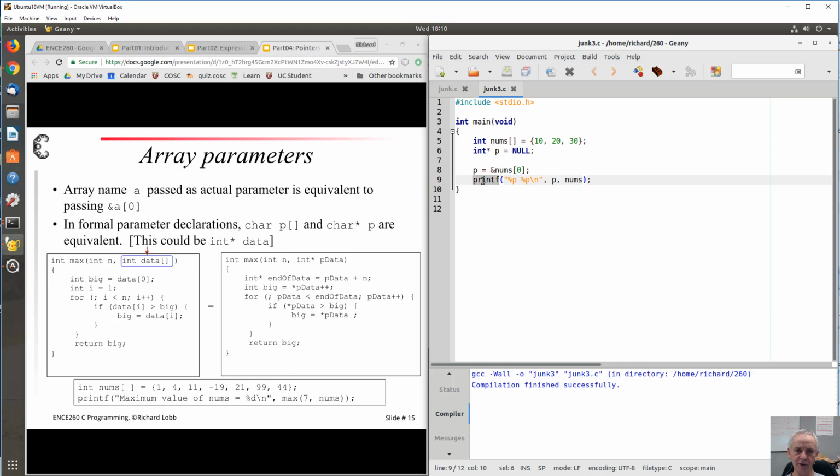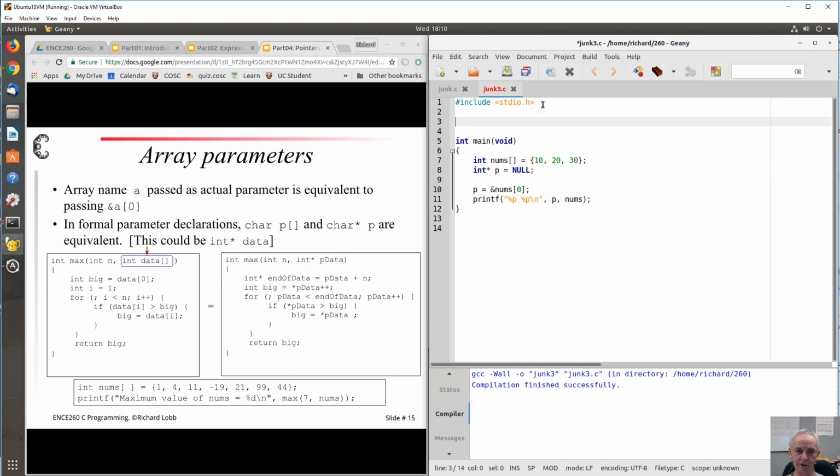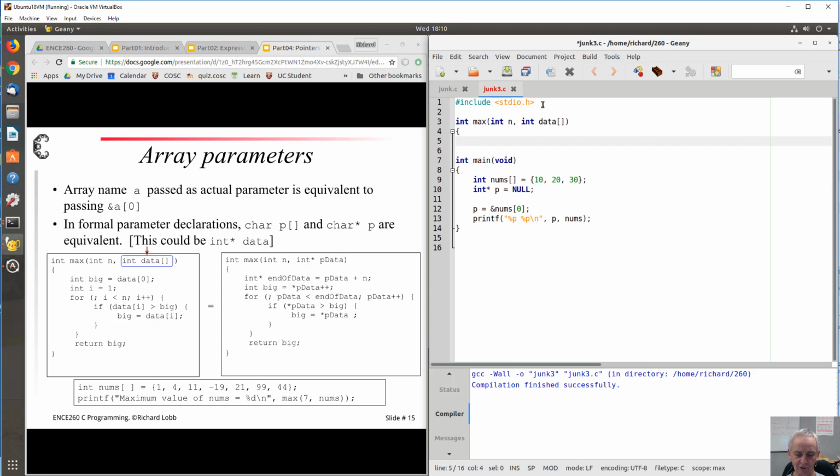This is a function, printf. I just passed in an array to it. The same rules apply if I declare my own function. So let's have an integer function max, which is given a count of the number of elements in an array, and then it's given the actual array, which we'll call data here, and it's going to go through and find